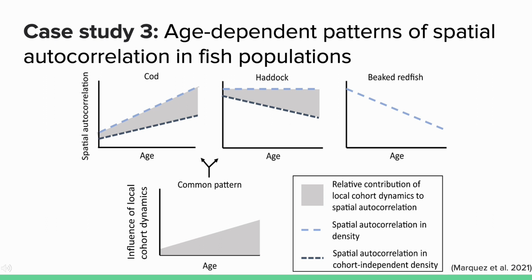Additionally, they found that the density distribution of a cohort in the previous year is progressively related to the autocorrelation patterns of older age classes of cod and haddock, which aligns with previous research showing that as individuals age, they become more resilient to environmental stresses and gain better access to prime foraging areas. These findings support the hypotheses that shifts in age structure can affect the spatio-temporal variability in the distribution of certain